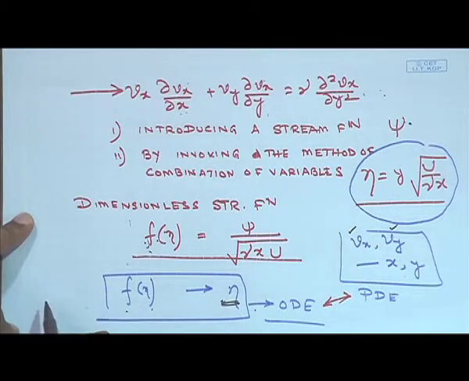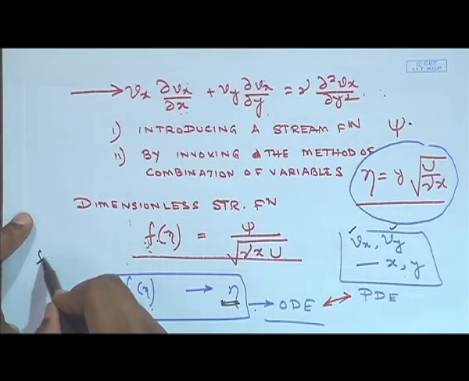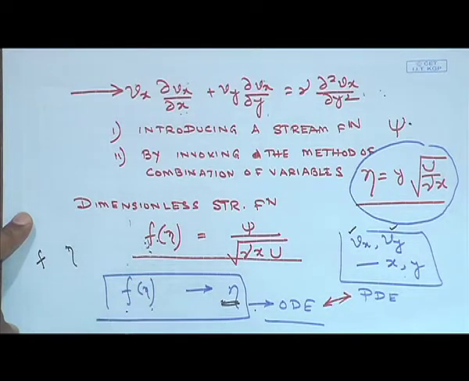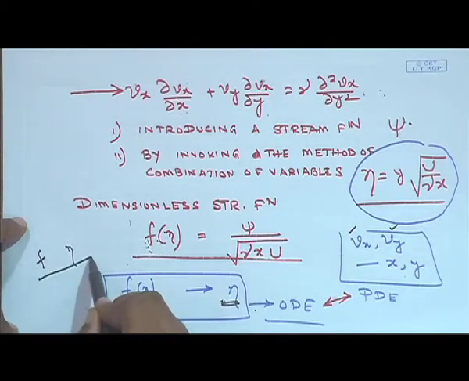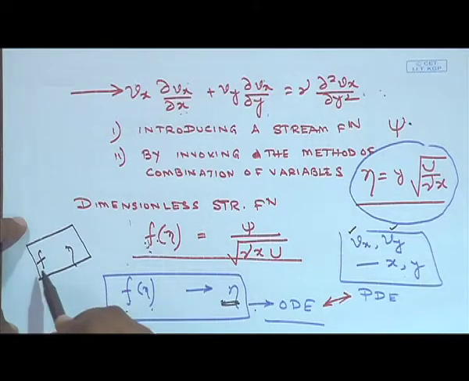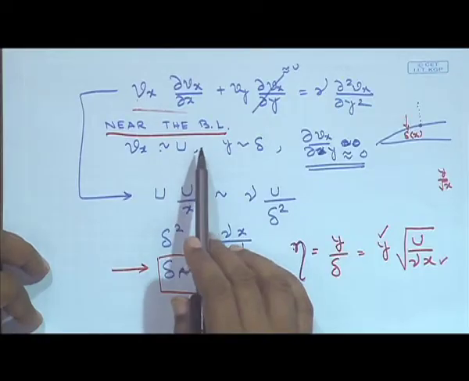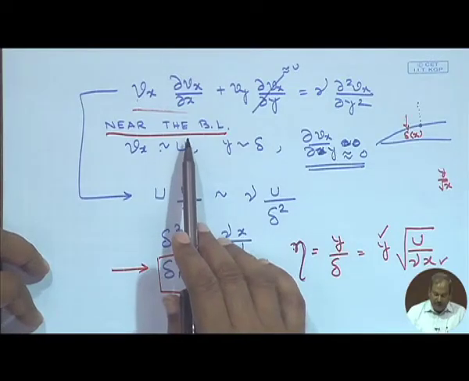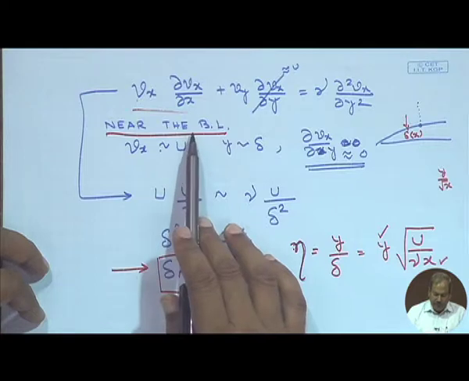So if we are correct, then our final equation would contain f and eta. And if we understand that f is a function only of eta, then the governing equation between f and eta will simply be an ODE. So this is what we have done in the previous class, and based on an approximate solution of the equation